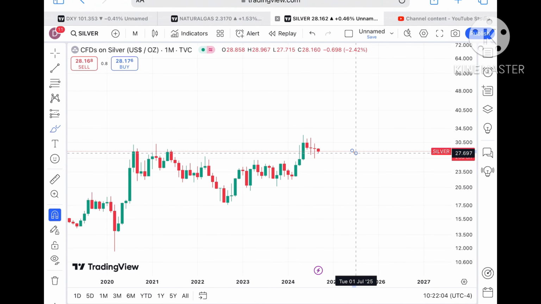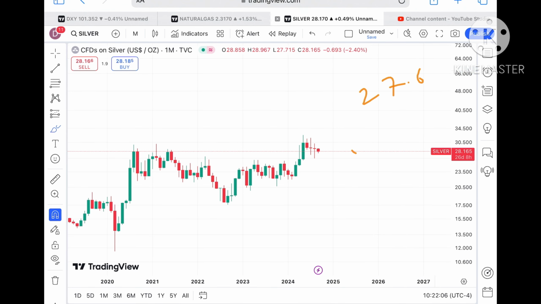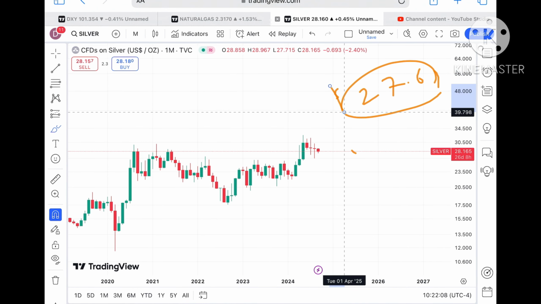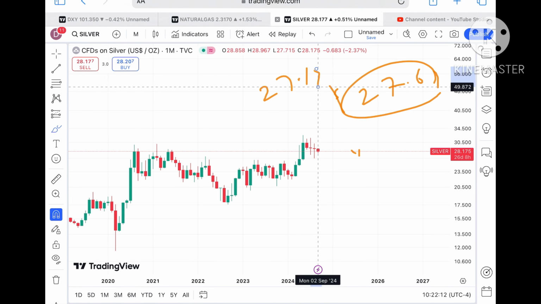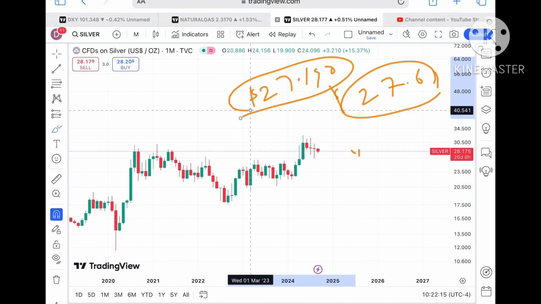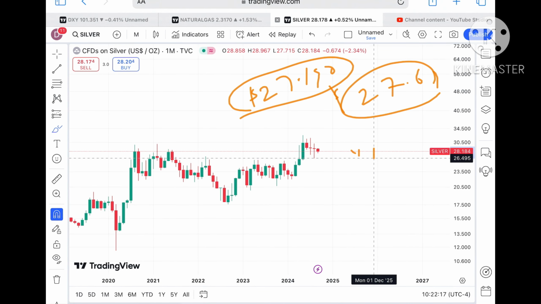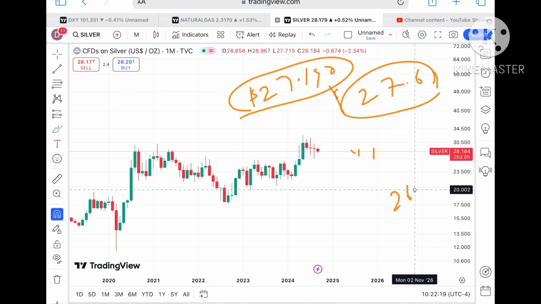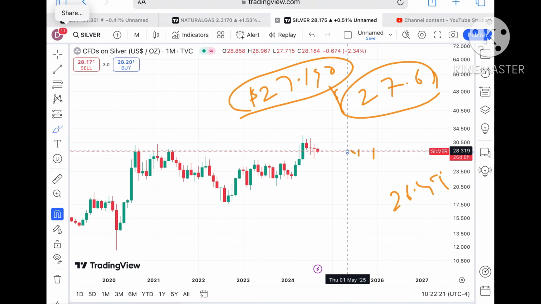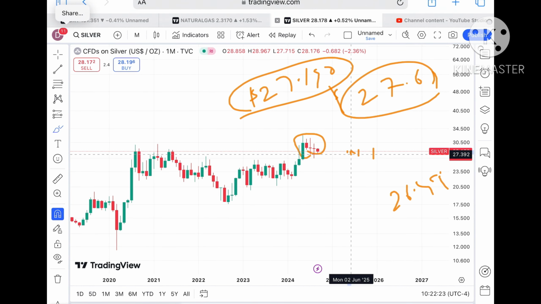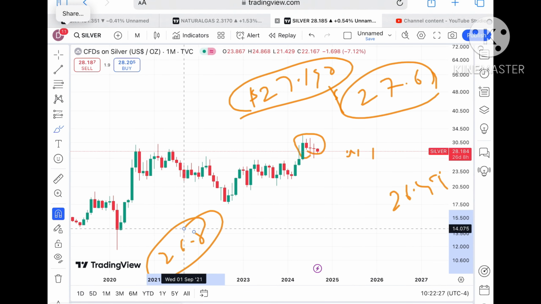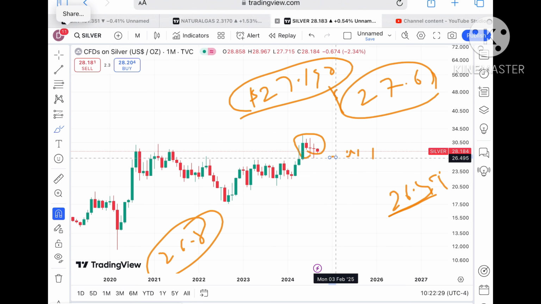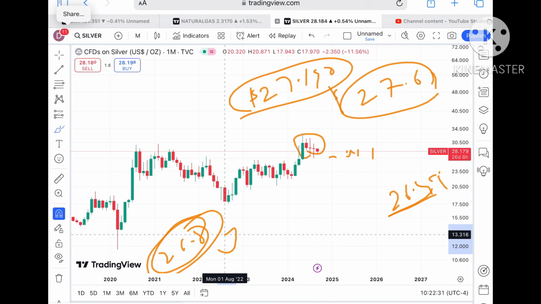Suppose the price doesn't sustain this level, we can see it can go towards $27.69. And if the price starts falling below that particular level, chances of touching 27.190 will be there. And once it starts falling below that level, we can see it will go towards 26.495. And this is the low of this zone, so chances will be high it will go towards its next support of 26.8.